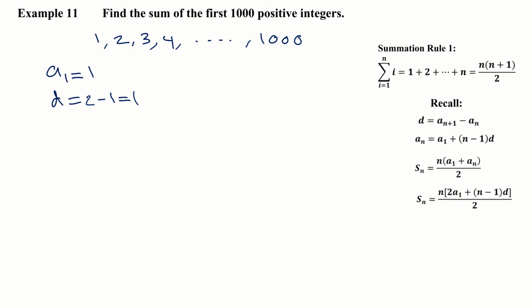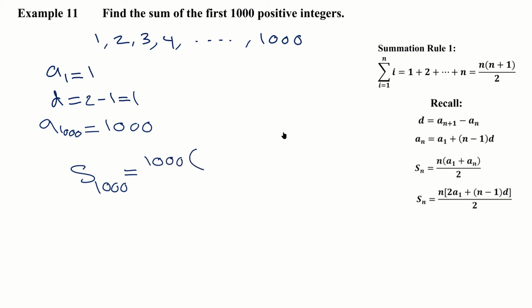All right, and what is the nth term or the thousandth term? This is as simple as it gets, right? It's just going to be 1000. So I have a_n as 1000 as well, and that happens to be 1000. So I can find S_1000. And that's going to be, we can use this formula because we know both a_1 and a_n. And of course we know n. n is 1000